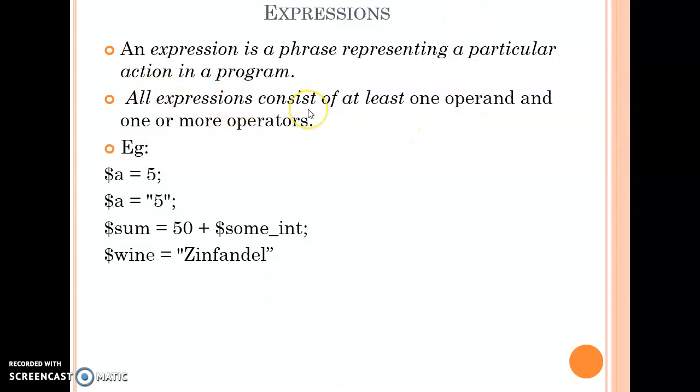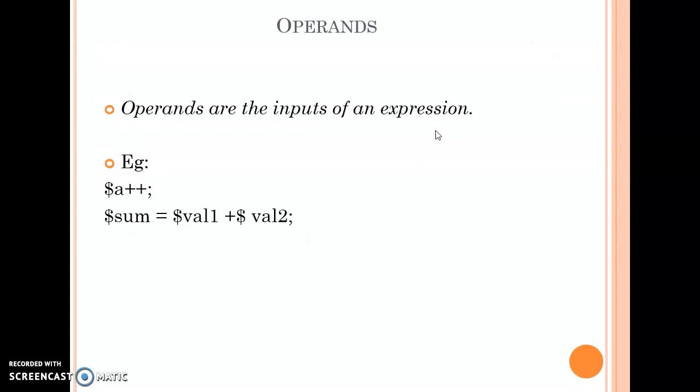Every expression consists of at least one operand and one or more operators. In this example, $a is an operand and the operator is equal to. In the second example, there is also one operand and one operator. In the next example, there are two operators used: equal to and plus. There can also be two or more operands. In this example, one operator is used. An expression represents a particular action of a program, with at least one operand and one or more operators.